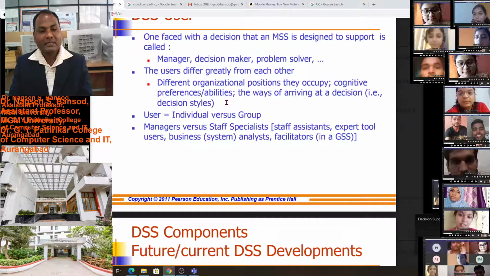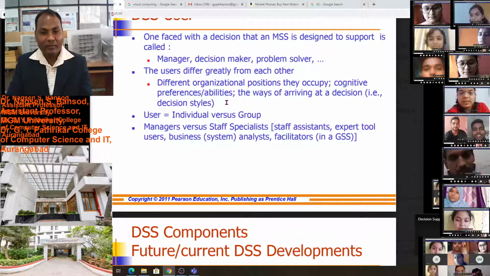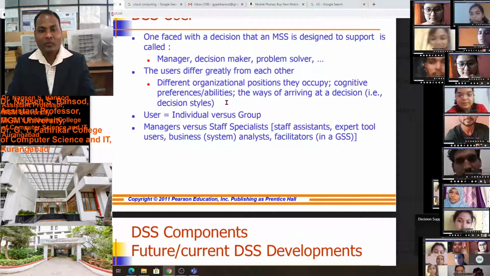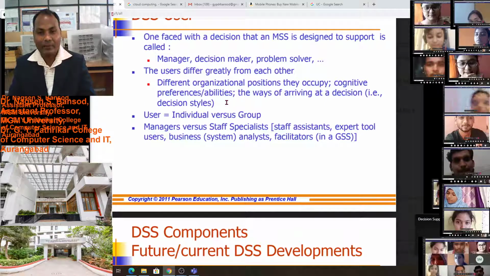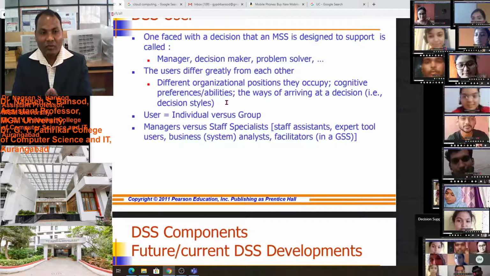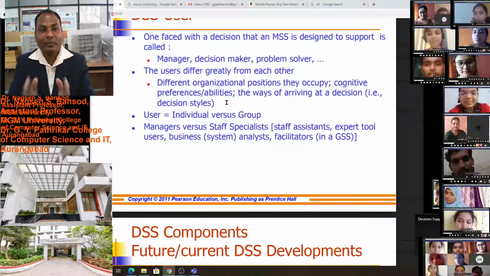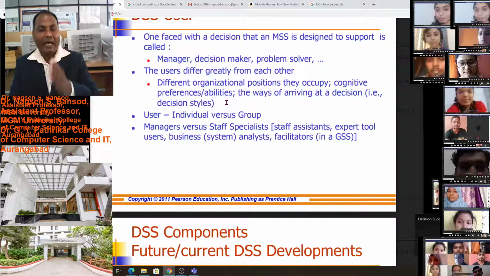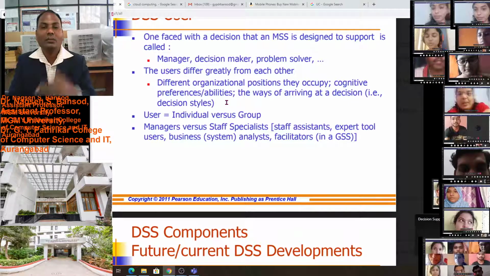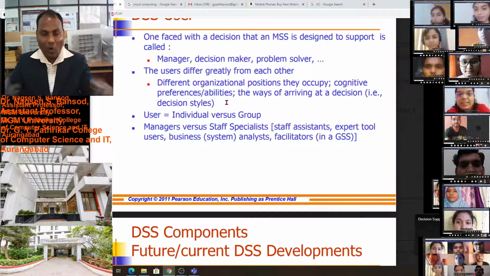Manager versus staff. To manage all the staff, specialty staff, this decision support system will help the manager. To assist staff, meaning every member of the staff, this decision support system will help, as well as the manager in managing all staff.